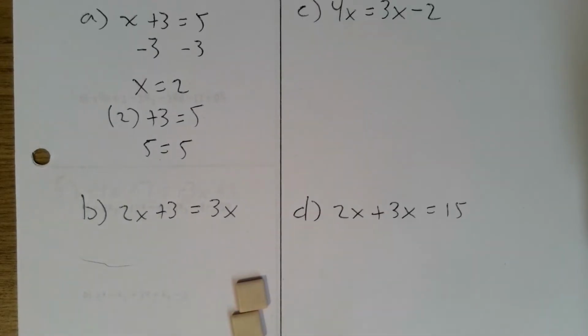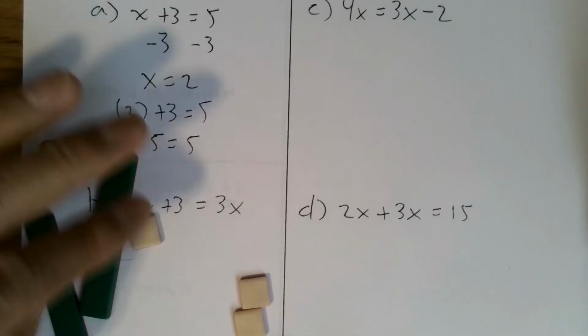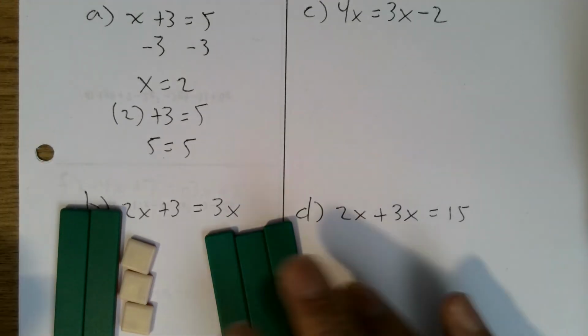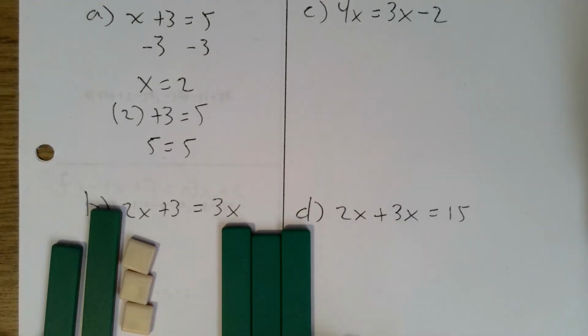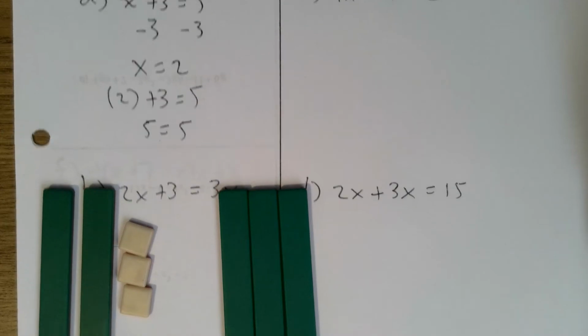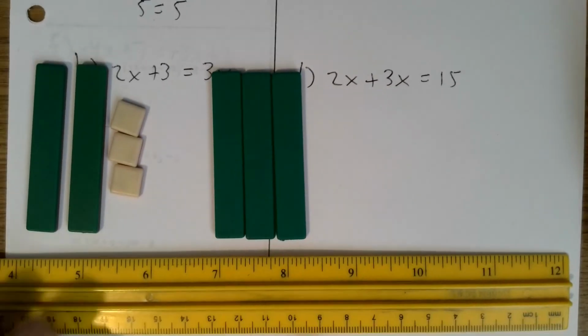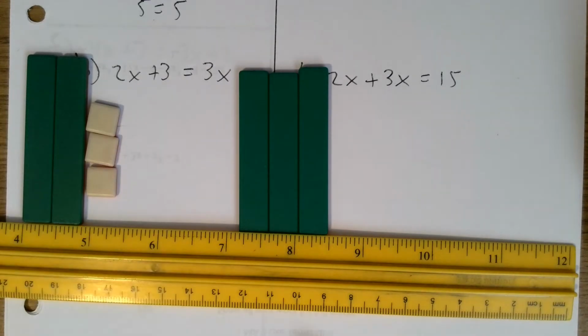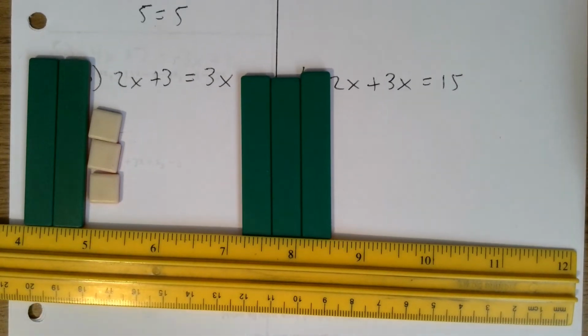Okay, let's have a look at b. We've got 2x plus 3 on this side and 3x on this side. And again, we want to keep our balance balanced here. So let's imagine the ruler is the little balance there. We've got 2x plus 3 on one side, 3x on the other side. What can we do to both sides to get x by itself